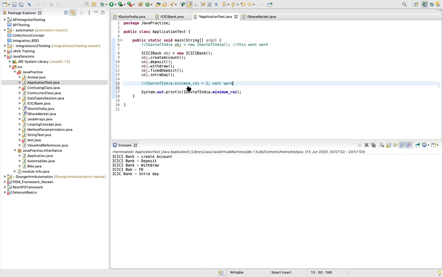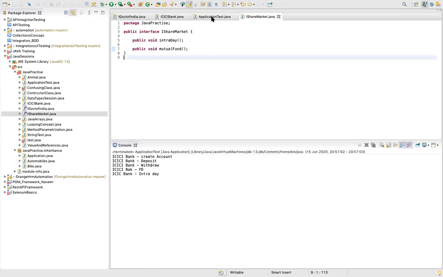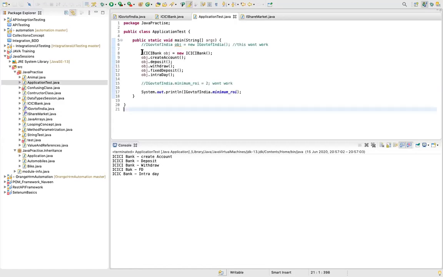All the methods in an interface are abstract by default, meaning a method without a body. There is no implementation, just a signature or prototype of that method. Okay, guys, clear?